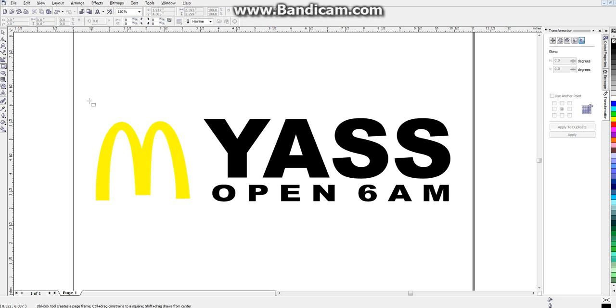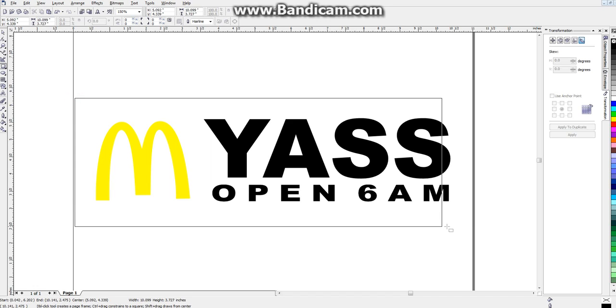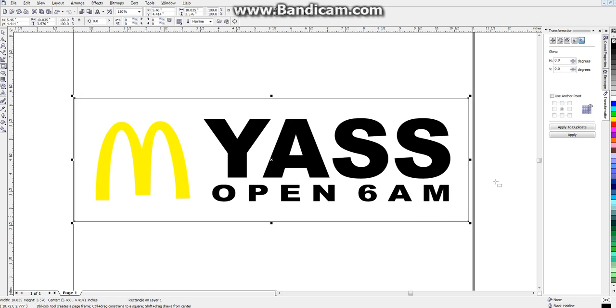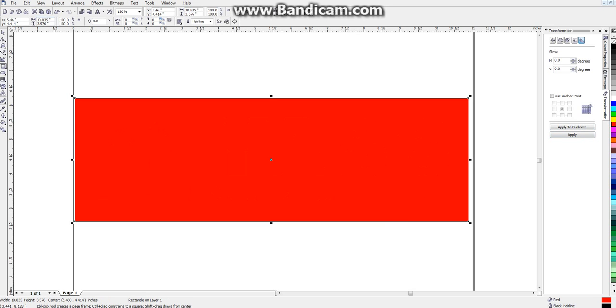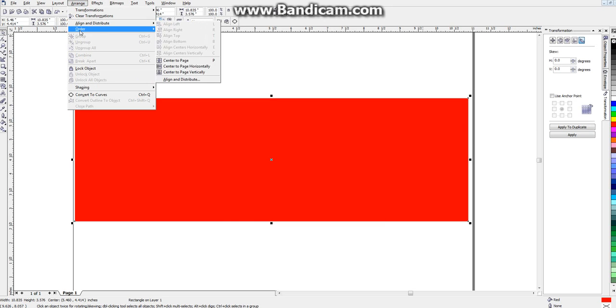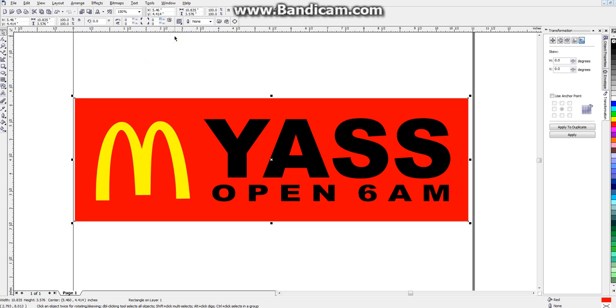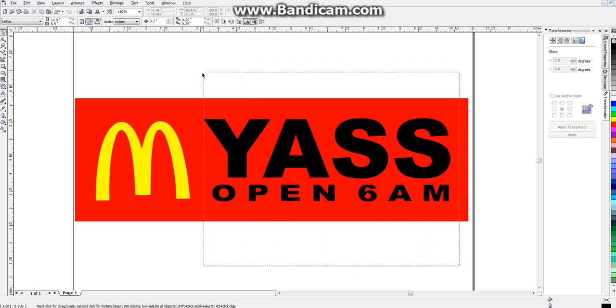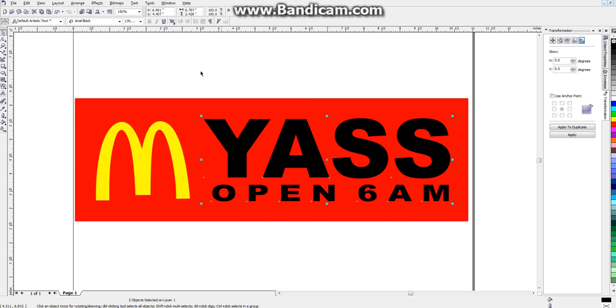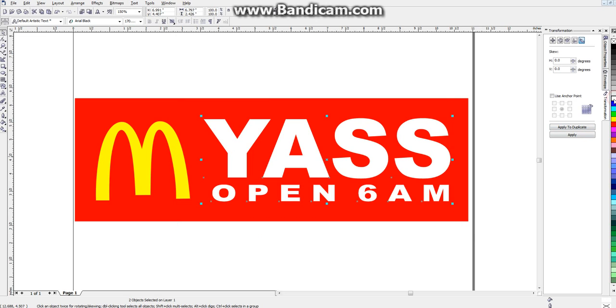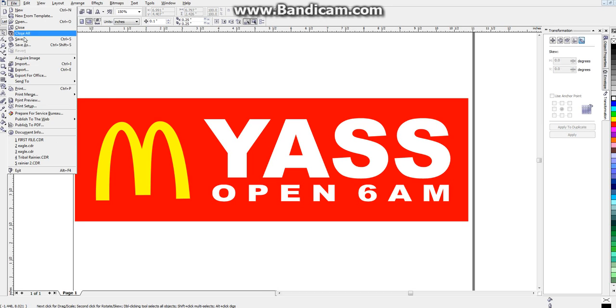And now we just do a red outline, or a red background for this whole thing. And when we add the red, you're going to see that it's going to disappear. That's to be expected. And then we do Arrange, Order, To Back. And now the letters look funny because they're black instead of white, so I just click and drag, surrounding all of what I want, and then hit white. That was the left click. So there you go. And I'm going to save as